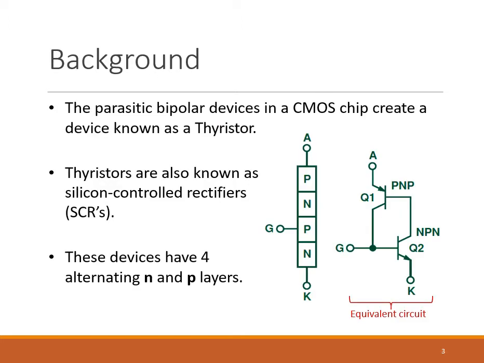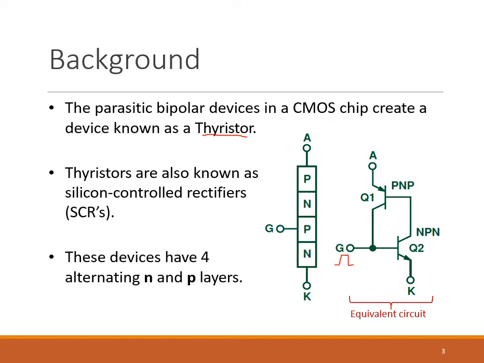Now, in order to understand latch-up in CMOS devices, first we have to understand the functioning of a thyristor. A thyristor is a three-terminal device having four semiconductor regions. The three terminals are anode, cathode and gate. Now a forward bias is applied between the anode and cathode, and in order to turn on the device, a gate pulse is applied across this device.